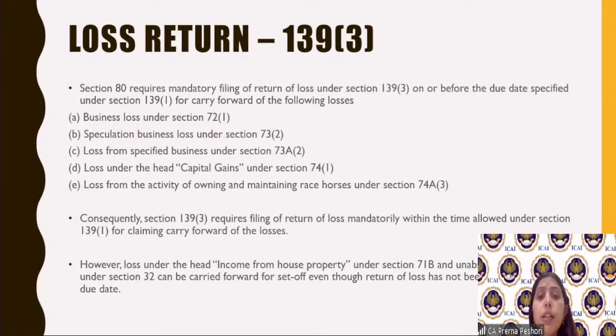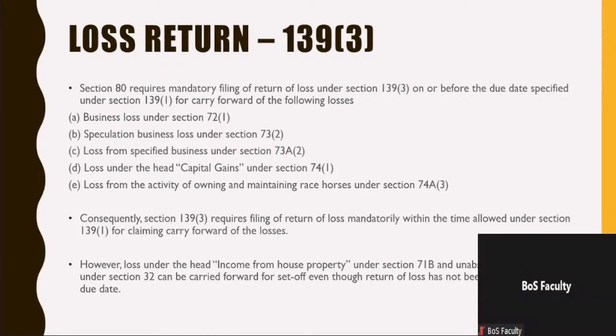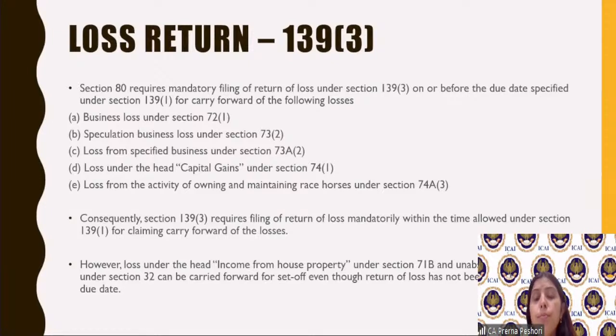Similarly, in case of the political parties, they also get exemption under section 13A. So without considering the exemption, if the income of the political party is greater than the basic exemption limit, then in that case, the political party is required to file the return of income. Then the chief executive officer of the political party is required to file the return of income. Also, for the grant of exemption under section 13A, it is mandatory that the political party furnishes the return of income within the due date of 139(1),